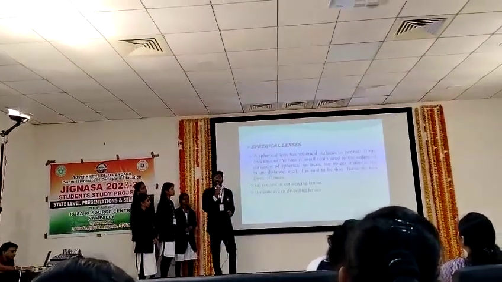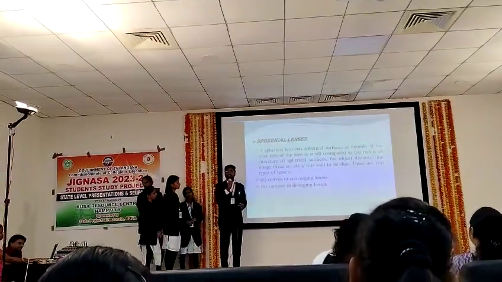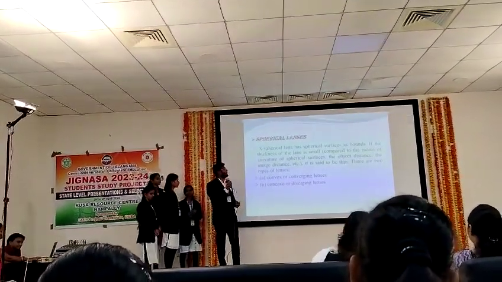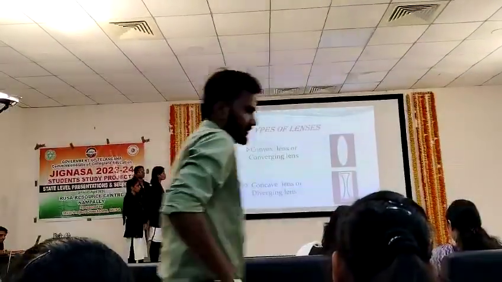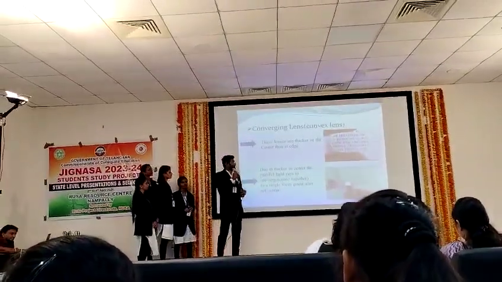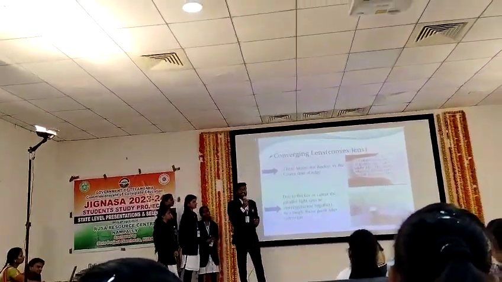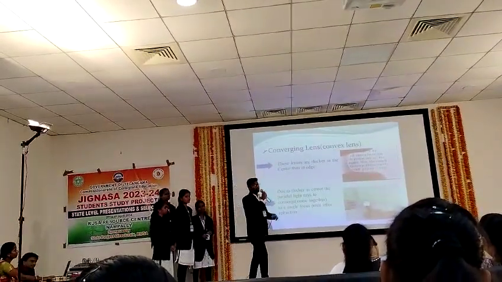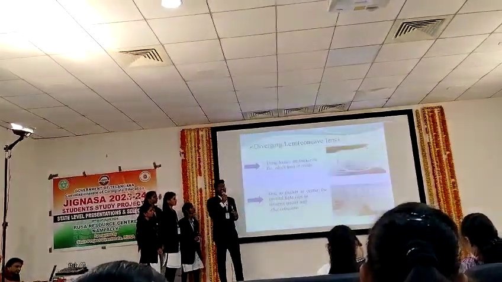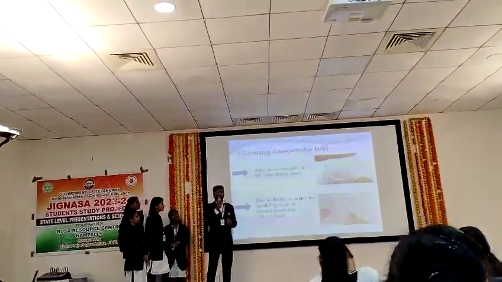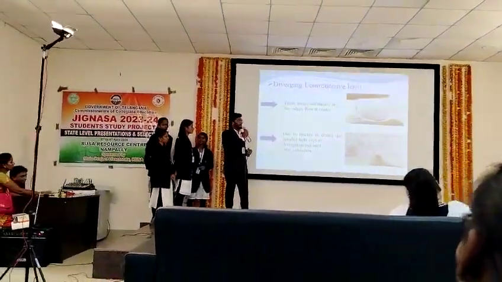If the thickness of the lens is small compared to the radius of curvature of the spherical surfaces, the image distance, the object distance, etc. There are two types of lenses: one is the concave lens, another is the convex lens. Convex lens: if a lens is thicker at the center than at the edges, it is a convex lens, since parallel rays converge to meet at the focus. Concave lens: if a lens is thinner at the center than at the edges, it is a concave lens, since parallel rays spread out.